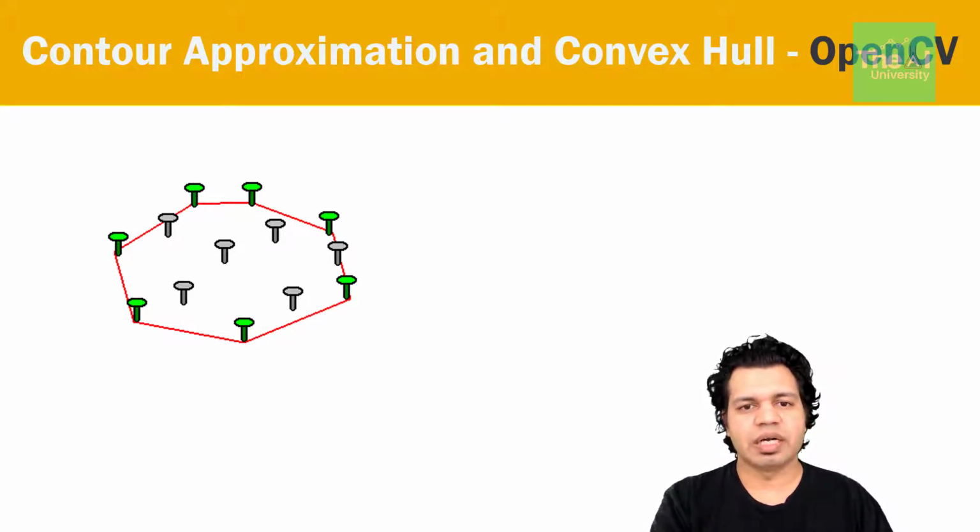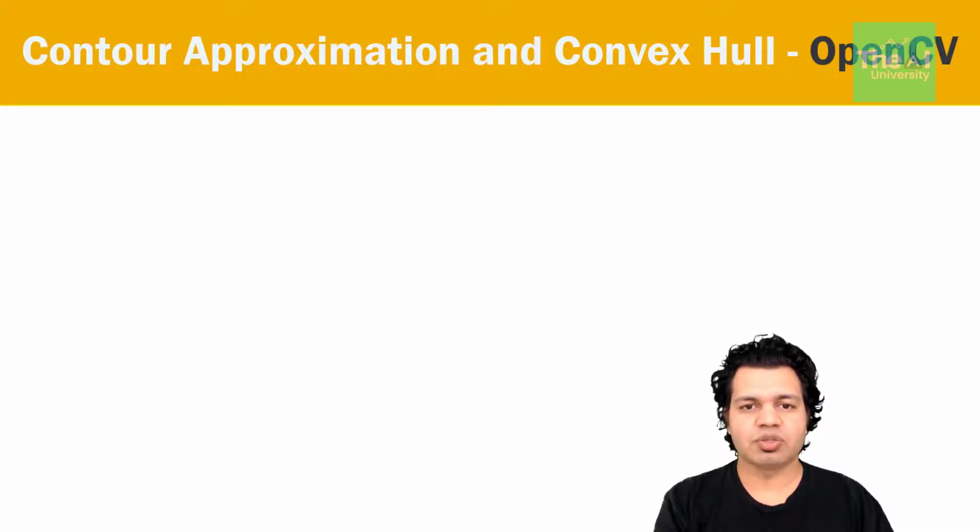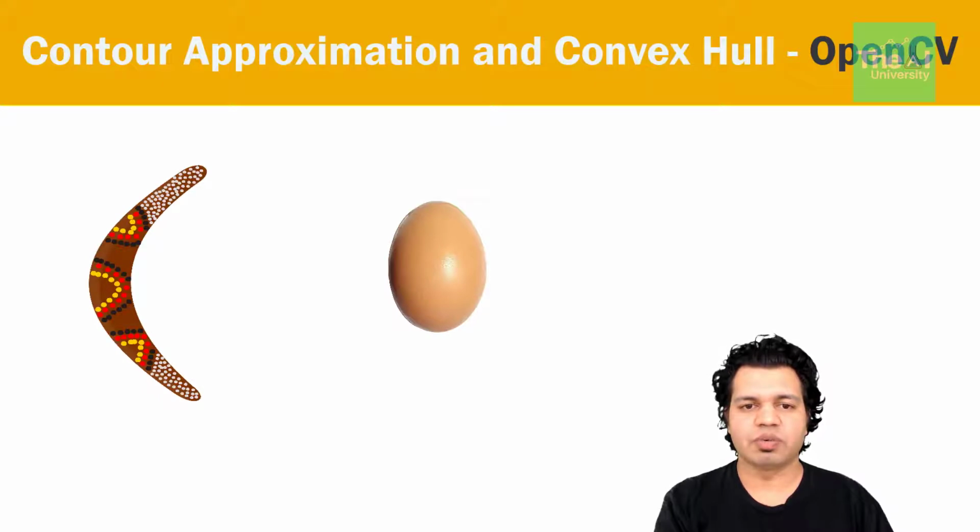A lot of contours that we encounter in real life are noisy in nature, and one way to handle it would be to get all the points on the contours and then approximate it with a smooth polygon. Let's understand this with an example. So we have these two images on the screen for which we want to do contour approximation. Our aim here is to approximate the contour shape better. If you approximate the contours with the help of various thresholds or accuracies, you will see the contours changing their shape. The threshold or accuracy factor helps in smoothing the contour shape better, and you will see that in a while with the help of the code.